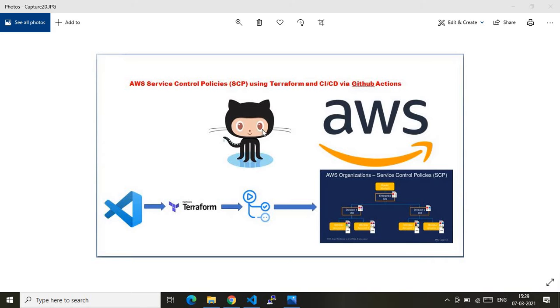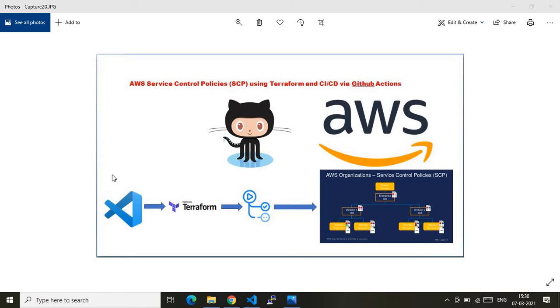Under the GitHub account, I have a Terraform symbol, which I represented as a GitHub repo, and it also has the GitHub Action. Finally, we will be provisioning the required OU, that is organizational unit, under the AWS Organizations service, and we will also target an example SCP by using Terraform. So that's the target of this demo. The final pipeline would look like this.